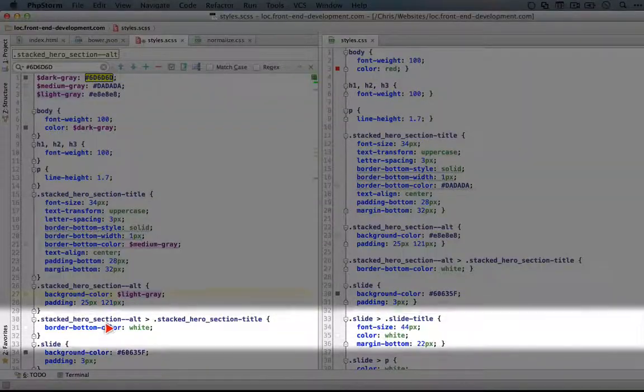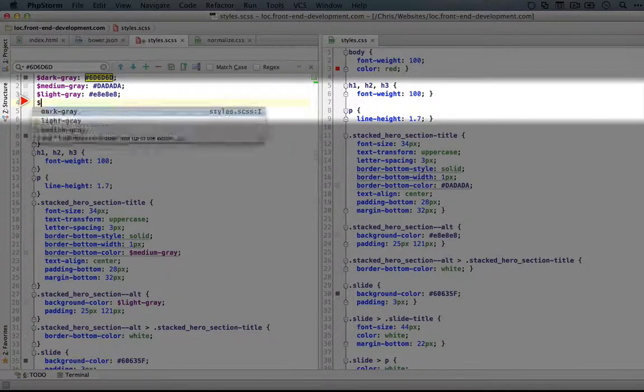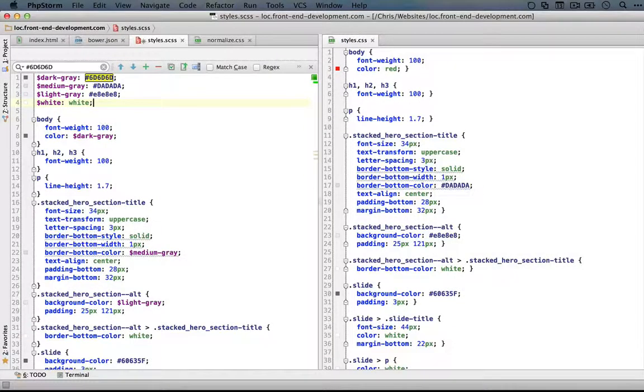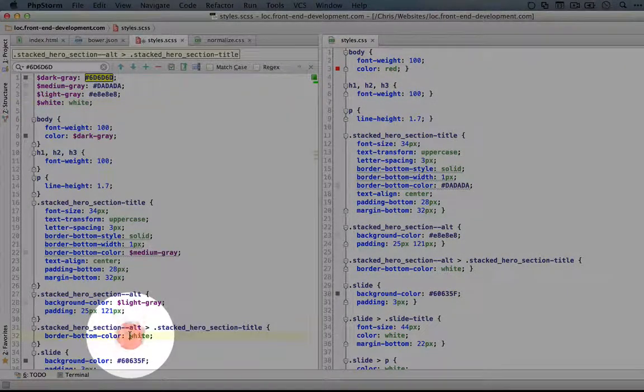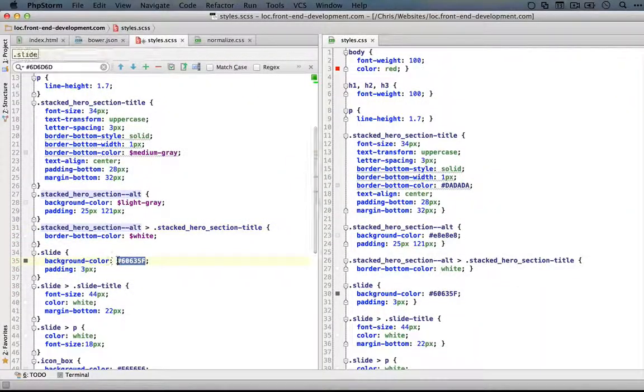And then we have our white. And again, I'll just copy this. And this might seem a little silly, but we'll do it anyway. And we'll just add a little $ sign here for the variable. And now here we have a dark gray again. So I'll just replace this with dark gray. Now I'm using PHPStorm in order to edit this, and it allows me to autocomplete with the variable names whenever I use the $ sign to start a color name.